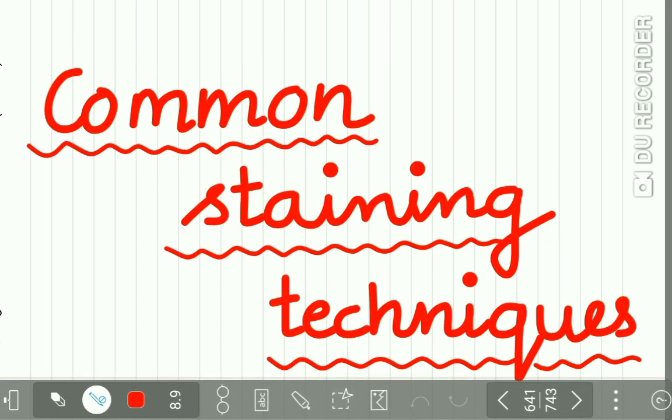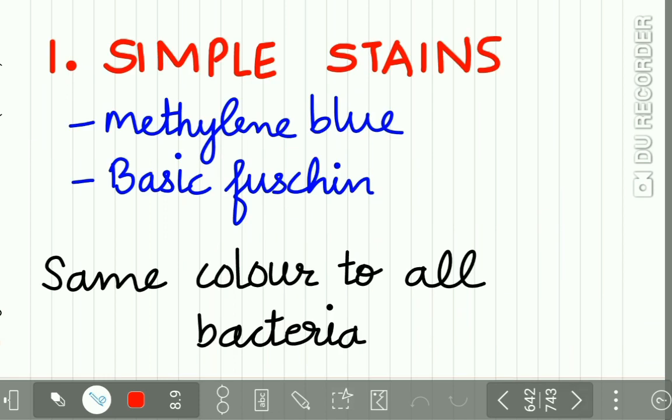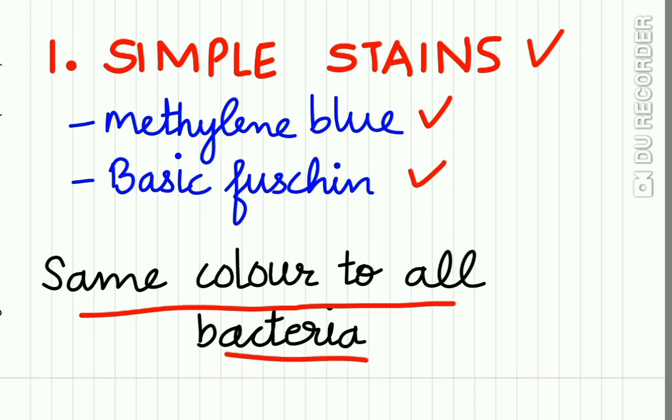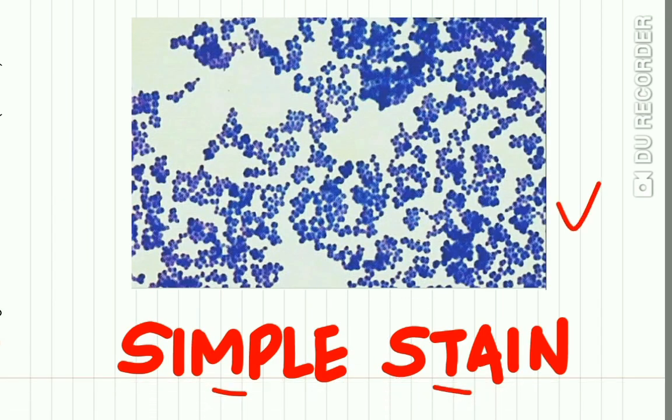What are the various common staining techniques? First, simple staining. Simple staining includes the use of basic dyes such as methylene blue or basic fuchsin. Now these simple stains have a disadvantage because they give all the bacteria the same color. So here in this picture you can see simple staining with methylene blue in which all the bacteria are stained